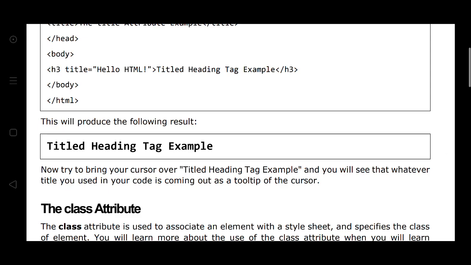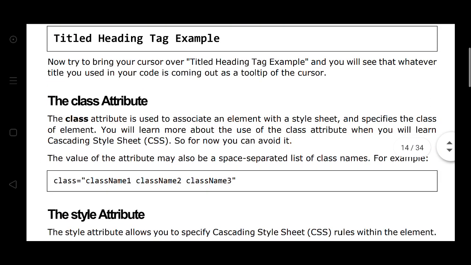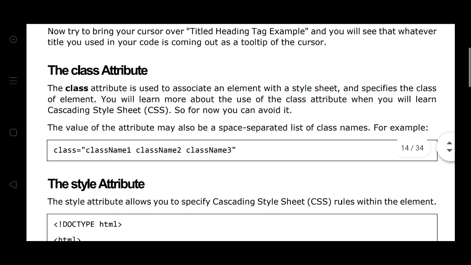Suppose you see the example of the title heading tag here, whatever title you use in the code is coming out as the tooltip of your cursor.